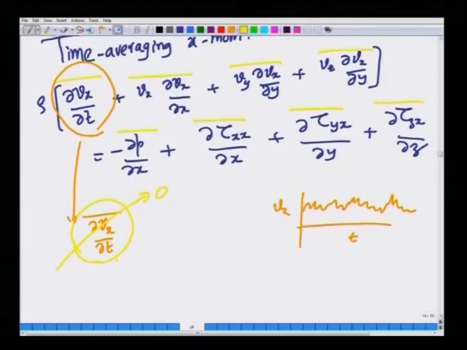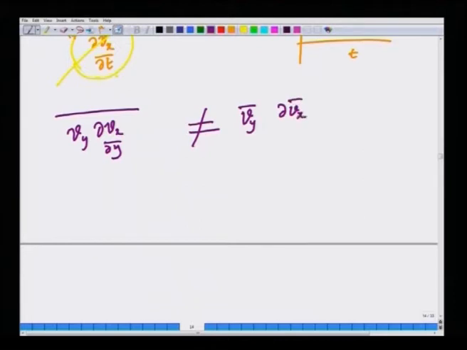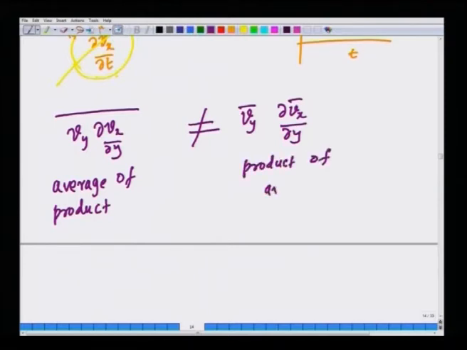Now, let us look at any of these terms. For example, let us look at this term, they are all similar, they involve a product of two terms. This is the convective nonlinearity that is in the Navier-Stokes equation. So, let us look at V y partial V x by partial y. Now, this is the average of two products, but the average of two products is not equal to the product of the averages in general. So, this is the average of a product of two quantities, and this is the product of the averages of the same two quantities. But for fluctuating variables, these are not generally the same,